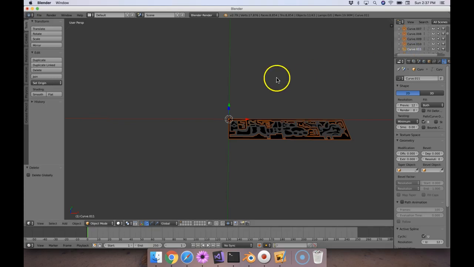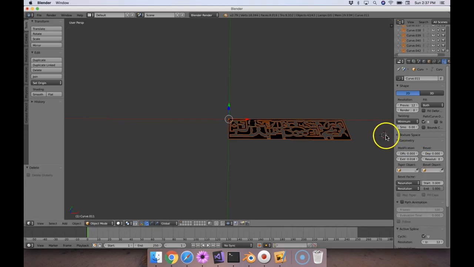Oh wait, but I do know a way. I can go over here and hit B, box select. There we go. Now they're all selected. That was a good shortcut, although I feel like up here in the top it should allow you to select more than one really quickly, that whole set. Nevertheless, you could do that, but this still doesn't do what you want because it still just extrudes that one,